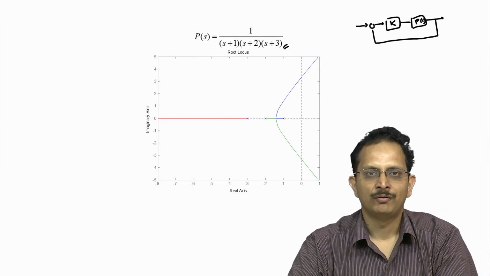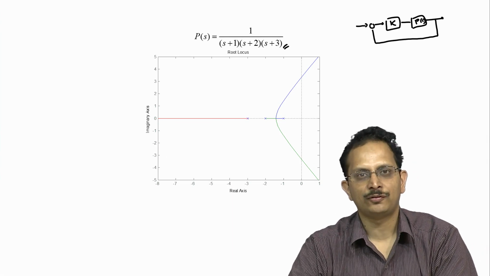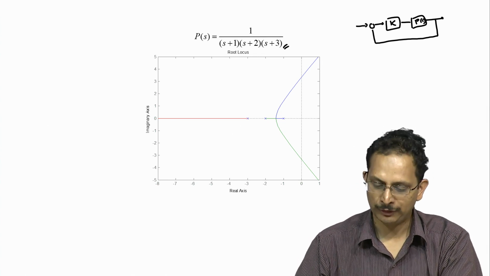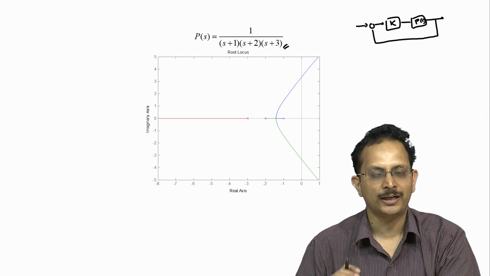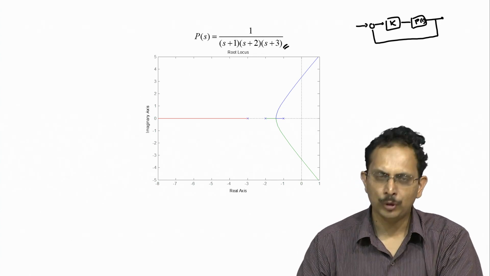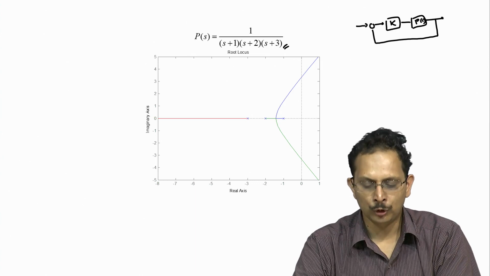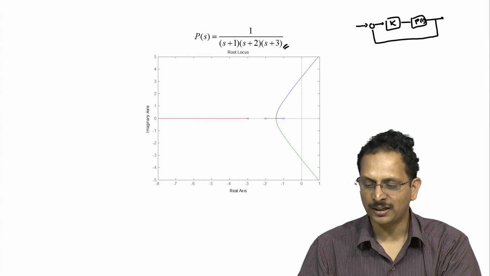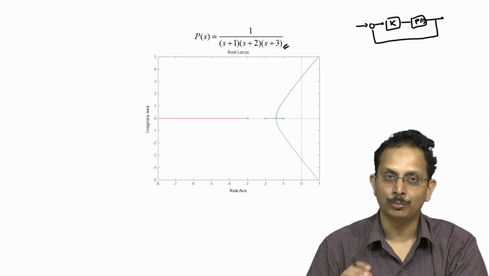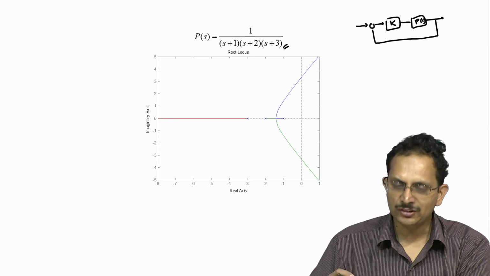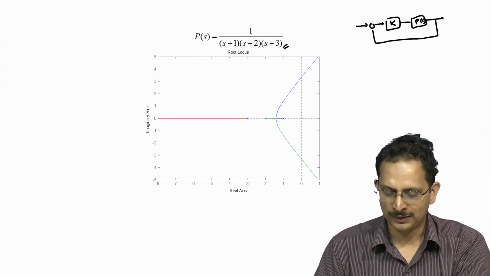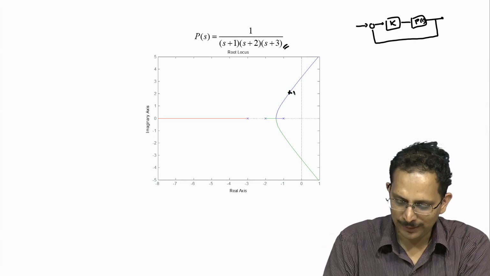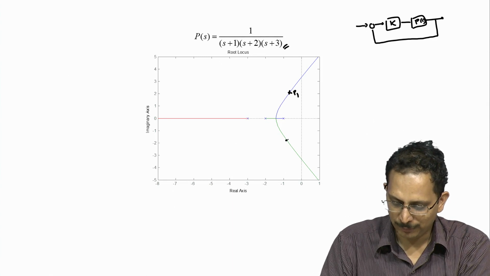Now suppose we want the dominant poles of this closed loop system to be located at some particular position. We know that it is going to be located on one or another of these branches of the root locus. Suppose we want the closed loop pole to be located at one particular point on the root locus, then we can use the root locus to determine the gain K that places the closed loop pole at that particular location. For instance, let us say we want a pair of dominant closed loop poles, let me call them P1 and P1 bar,